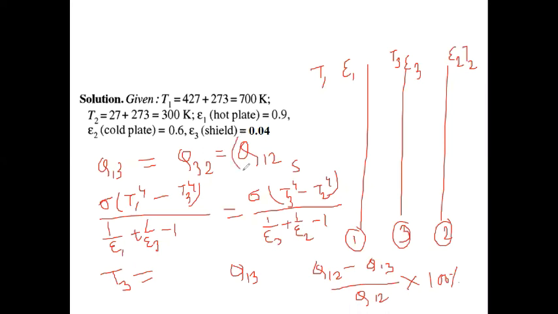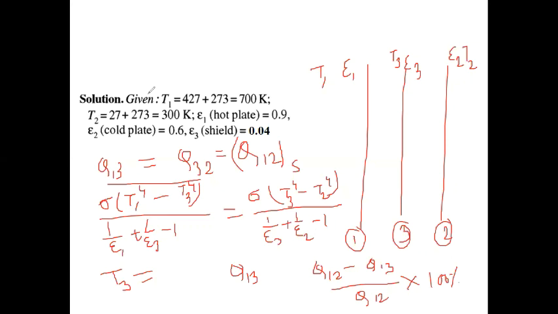So this is Q1 to S, because this is the steady heat transfer, steady radiation energy, meaning all radiation energy is equally distributed. So Q13 equals Q32 equals Q12. From these two equations we find the temperature, and from this temperature we can calculate Q13. And if in your problem you do not find the temperature, there is another way. How can you find it?